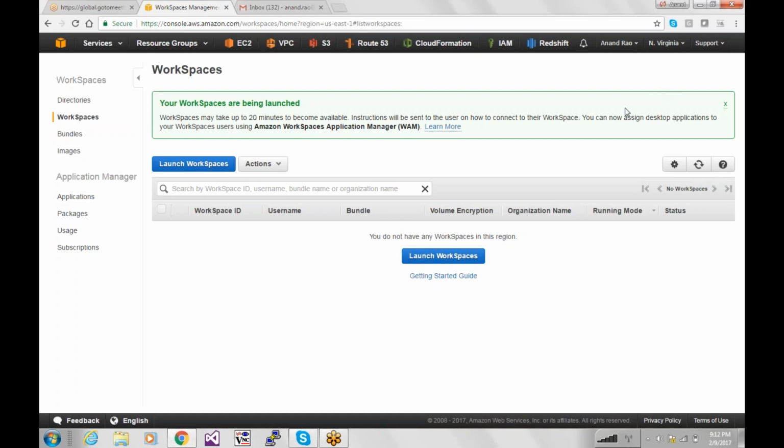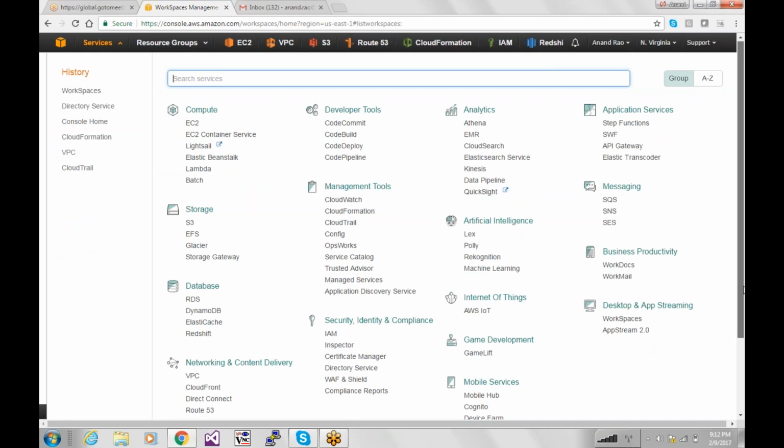Okay. So we'll just park it here, and we'll keep moving to another point here called WorkMail. In an organization, you'll definitely need emails, and getting corporate emails is kind of tough. So Amazon has provided something called WorkMail. I'm going to click on that and see how easily a corporate email can be provisioned